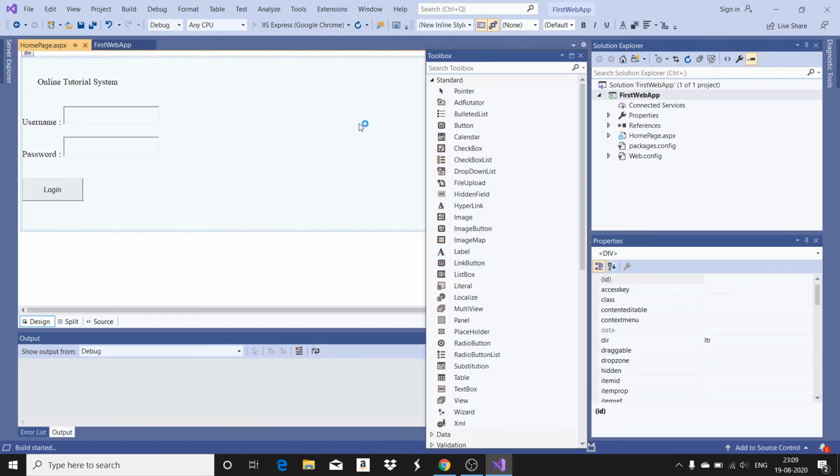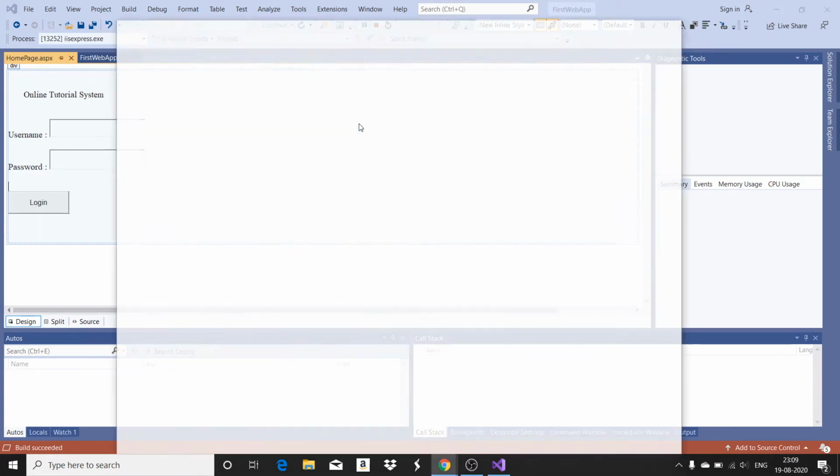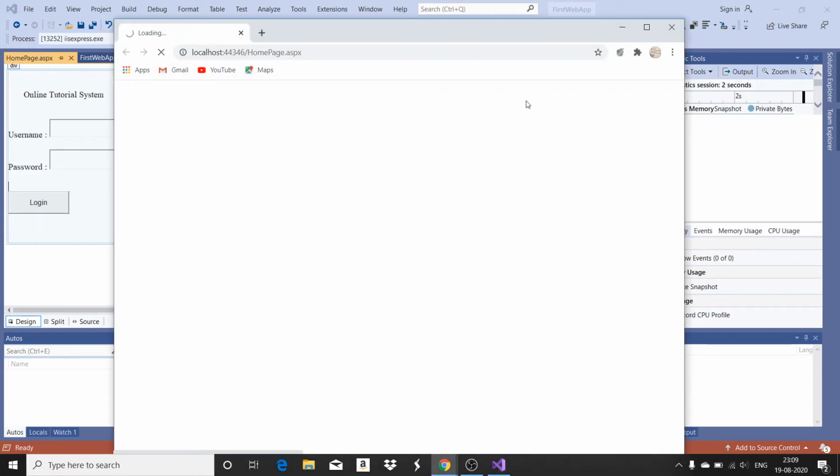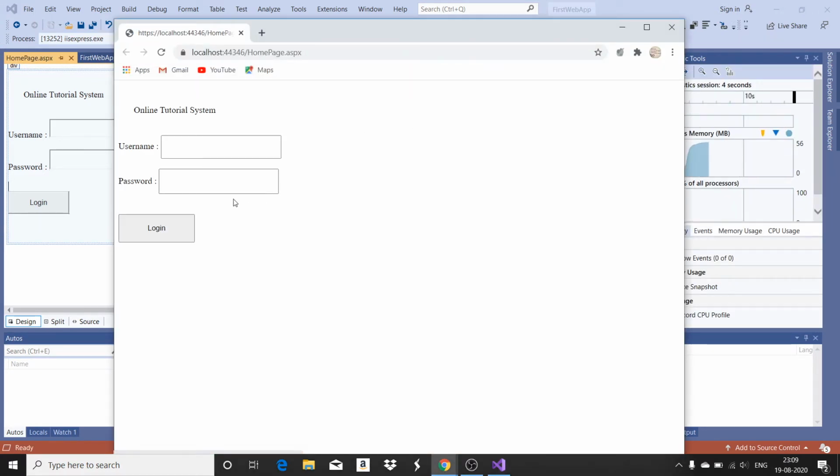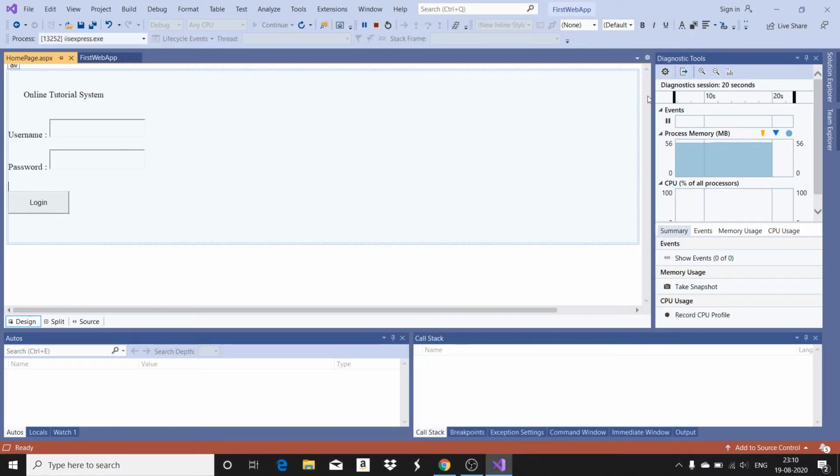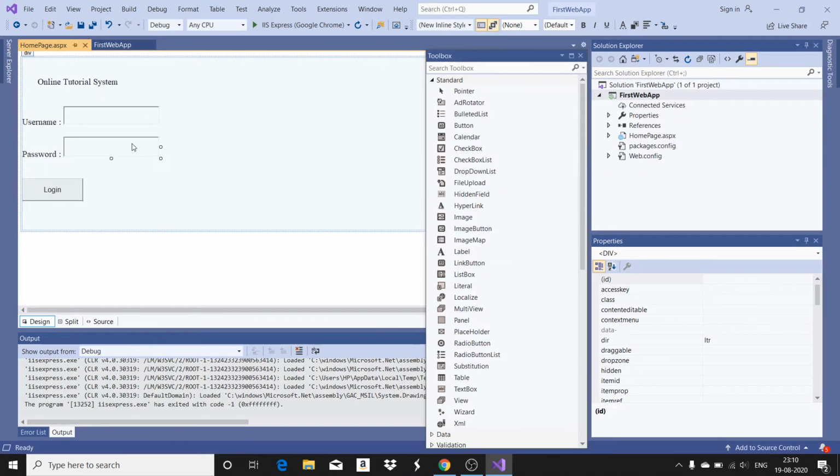I run the application now, and it opens in the browser. Now I type the username and the password. Now it shows dots and not the characters. Okay, so this is how you can set a password text box to show dots or some special characters. Good.